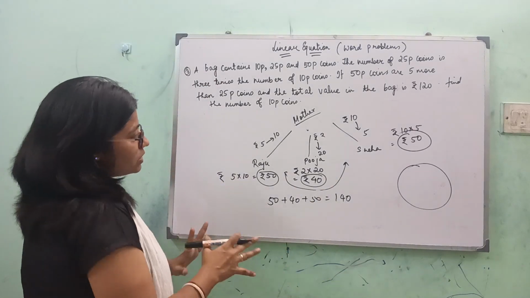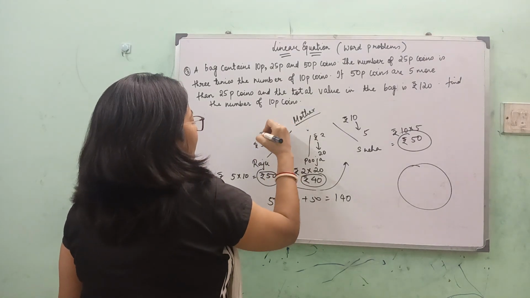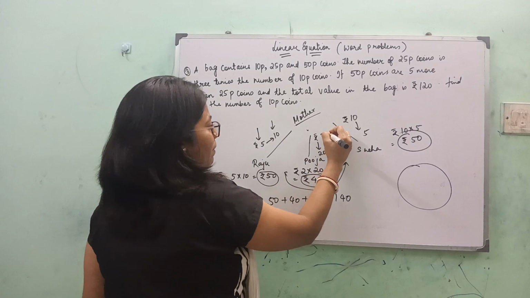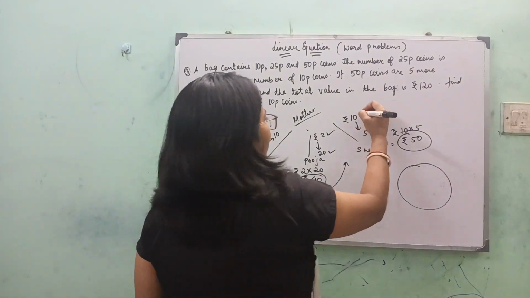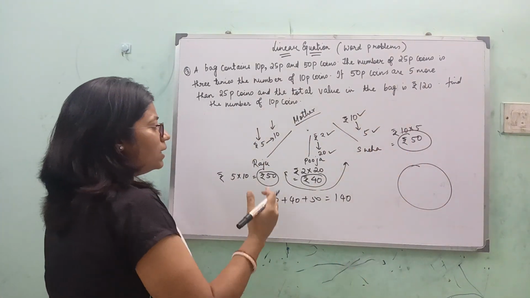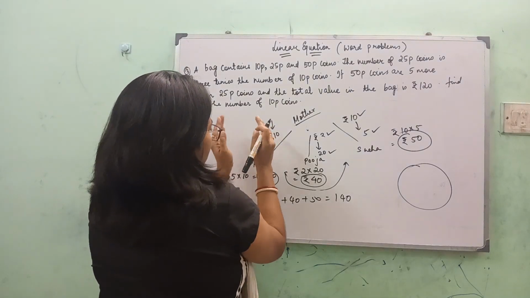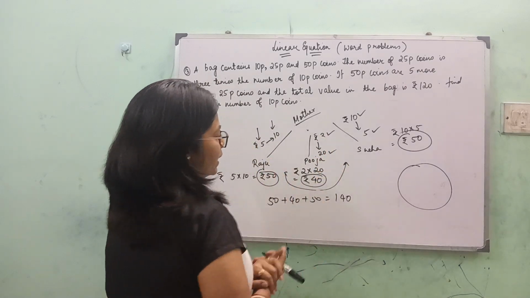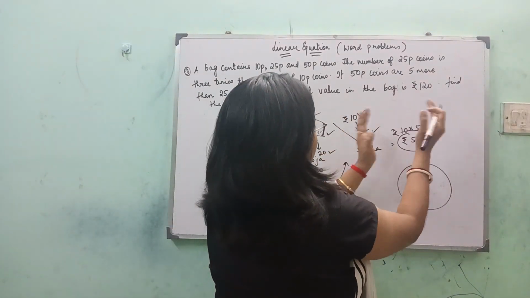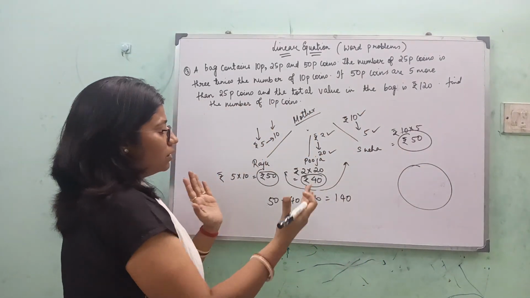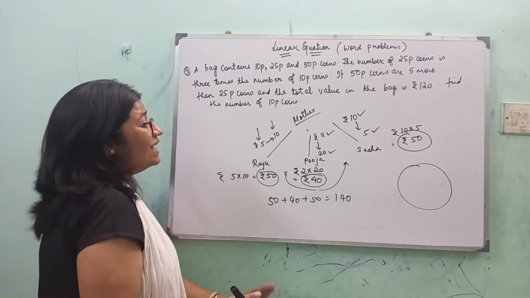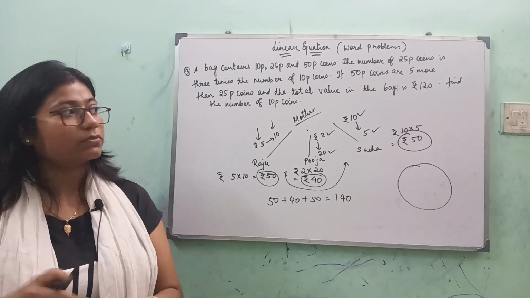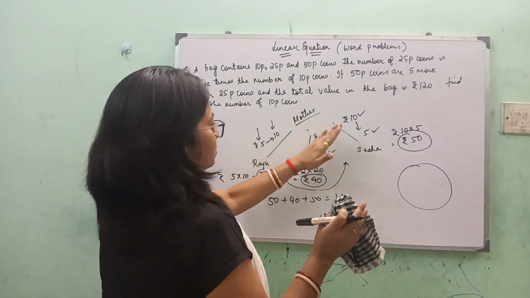So what did we do? What was the concept here? We are multiplying the amount with the number of coins. Here also amount with the number of coins, and here too. And then from rupees 5, what is the value collected? 50. For rupees 2, what is the value collected? 40. For rupees 10, what is the value collected? 50. And then we are joining them and getting 140. So this concept only we will be using in this sum. Alright, I hope this concept is clear.